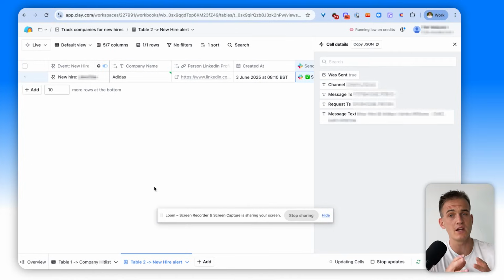So this is a really, really cool way to stay on top of job changes and new hires, and this will be a cool instant trigger that you can stay up to date with, in order to make sure that you can see the decision makers moving between your existing clients and any new potential accounts that you may